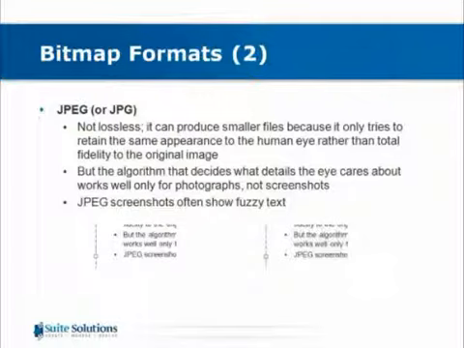There are quality settings when saving JPEGs, and the choice of a quality setting can affect the result. If you pick a higher quality setting, it'll have less loss, and it'll also produce bigger files. But JPEG is always going to be lossy. I should make a caveat that a lot of these things have obscure forms as well. There are certain forms of JPEG that are not commonly used that actually are lossless, similar to PNGs. But in the normal case, JPEGs are going to throw away some data,